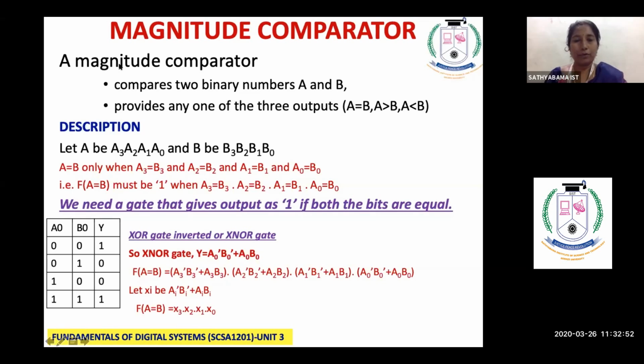So a comparator also performs subtraction, but it will retain the magnitude of the values. Whereas a subtractor will perform subtraction and it will store the difference as its value. So this is what I have written. A magnitude comparator compares two binary numbers A and B and it provides any one of the three outputs. So when you compare, you can have only